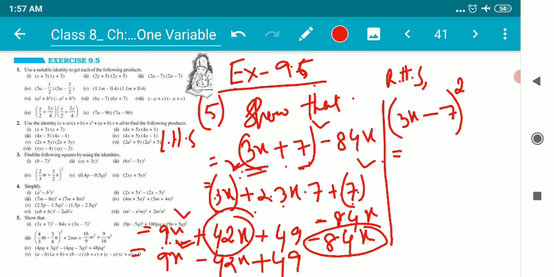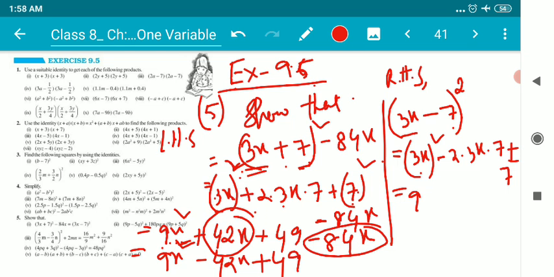Let us deal with the right hand side. As it's a minus b whole square, the identity can be applied, because 3x is behaving like a and 7 is behaving like b. So we can simply apply the formula or the identity of a minus b whole square. So the identity is a square minus 2, a means 3x, b means 7, plus b square.